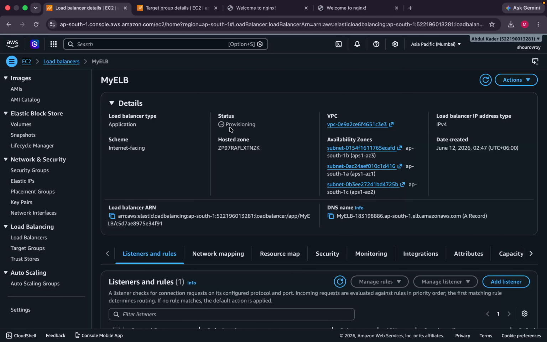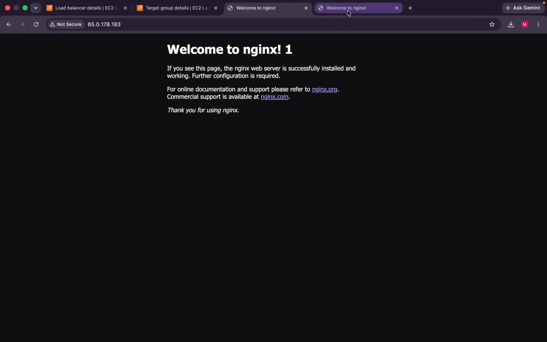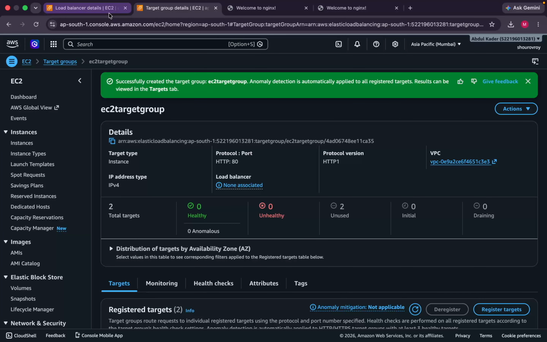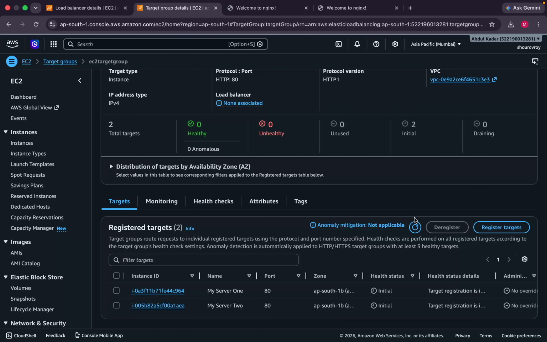It will take a little bit of time to provision the load balancer, but here you can see these two EC2 instances are running separately, and you can access them separately using their IP addresses. Okay, so now let's come here and see if these are healthy or not, and their health status is initial. Okay, so it is taking a little bit of time, and if you want to see the further